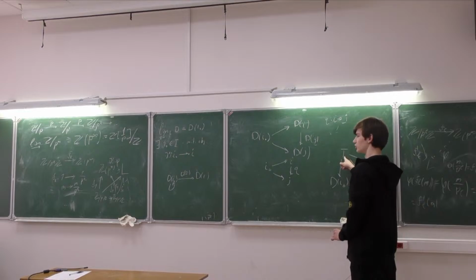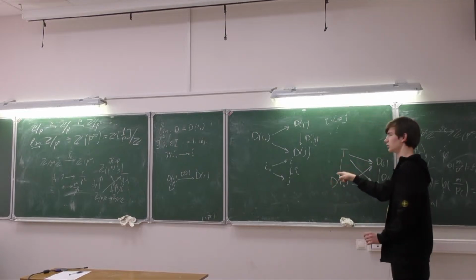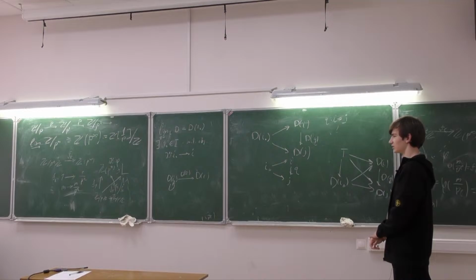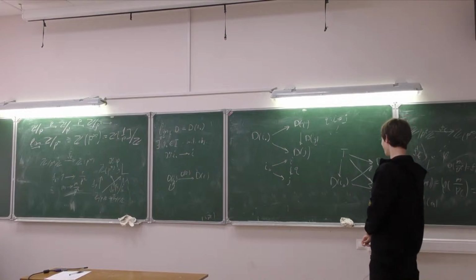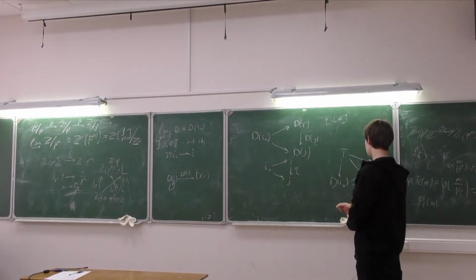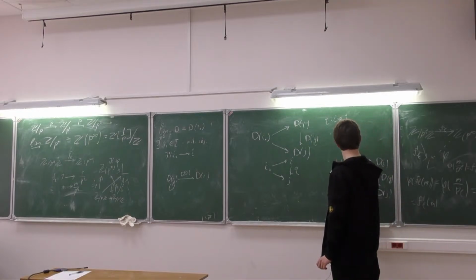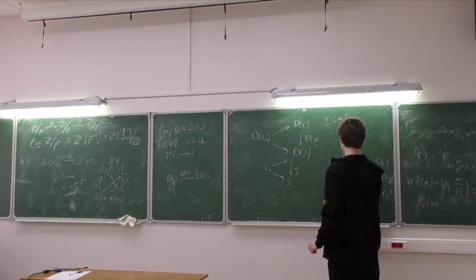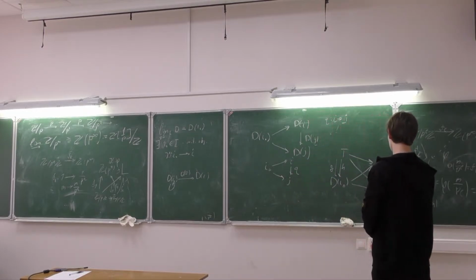T is a cone over this diagram, so we have maps from T to every element, but it has to be I0. If we have two maps from T to D(I0),